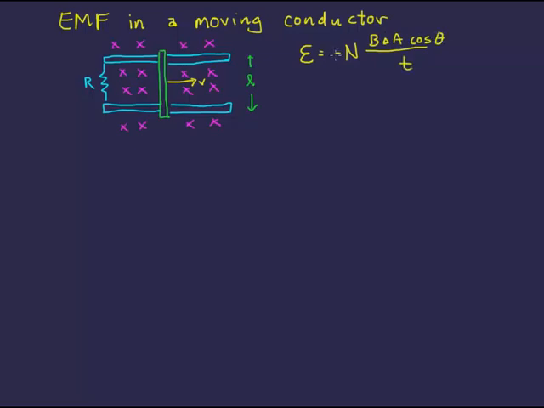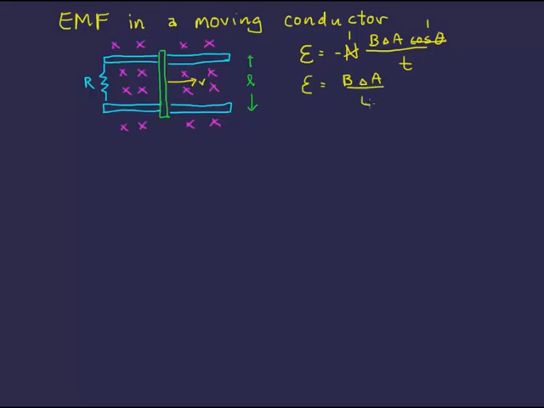The negative sign we're going to ignore for now. We'll talk about the direction in a minute. The N is 1 because this is a single loop. We have our magnetic field going in perpendicular to the plane of our loop, so this thing goes goodbye. And what we're left with is that the EMF is equal to the B field times the change in area